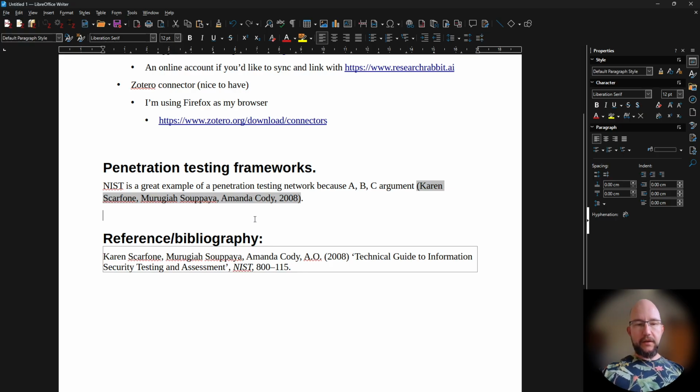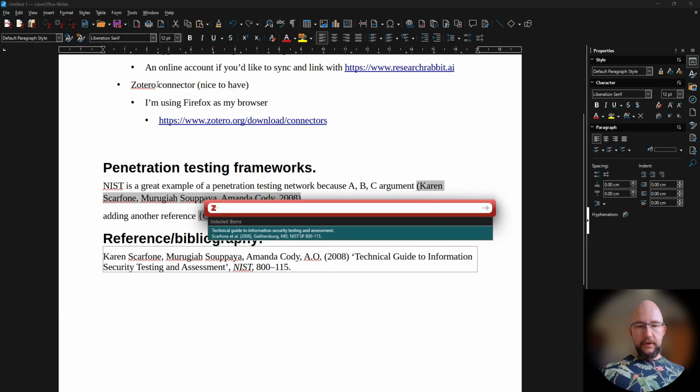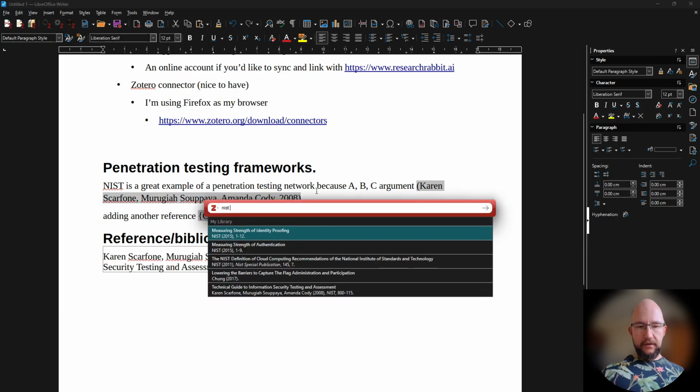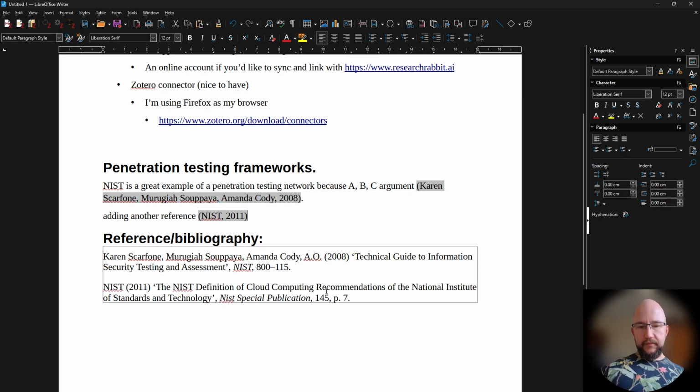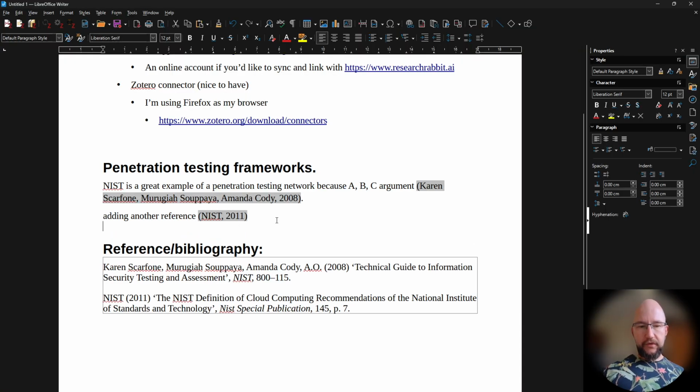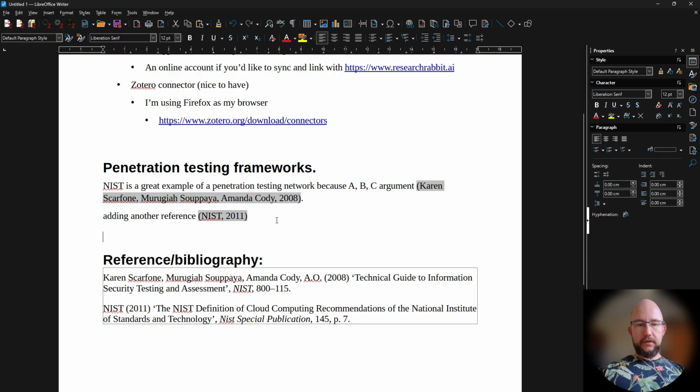So if we want to add another reference, we can add another NIST guide, enter. You'll see that everything is updating automatically. So now that we've managed to add these academic literatures, let's also add an article. How about a website